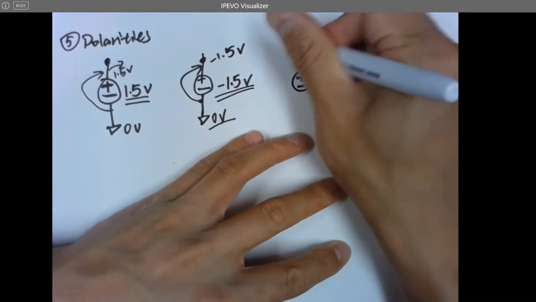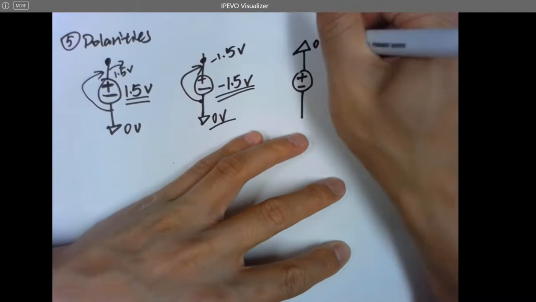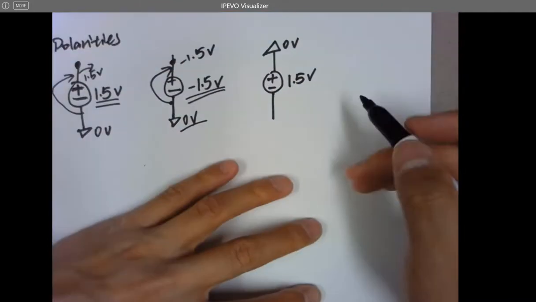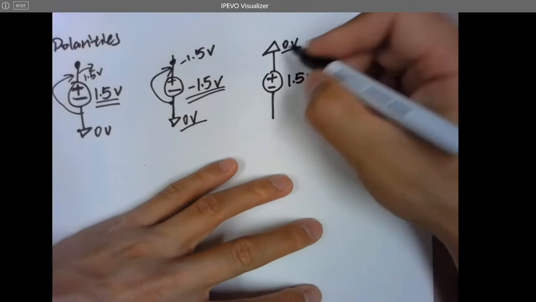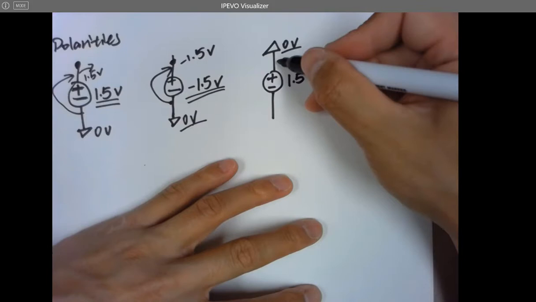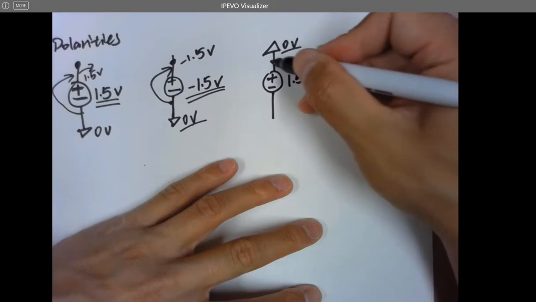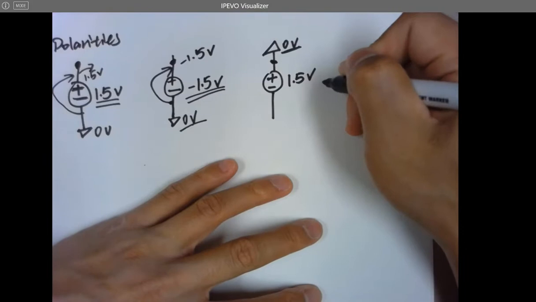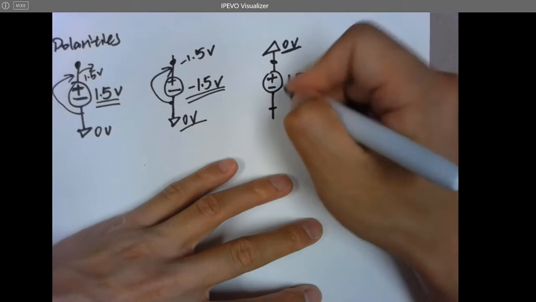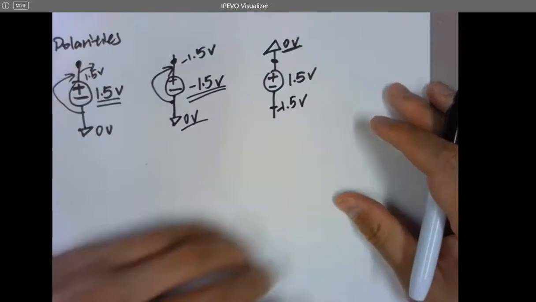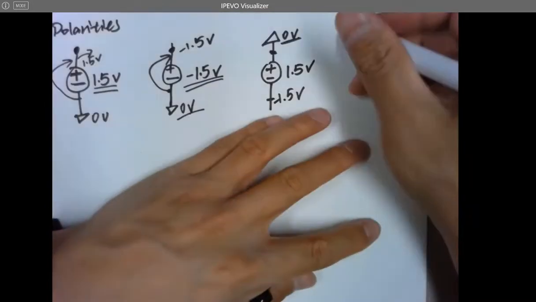If I ground here, that's 0 volts, and this is 1.5 volts. Okay, so this is ground, this is 0 volts, and from plus to minus it is trying to decrease the voltage at this point. So what's the voltage at this point? 0 volts, right? So 0 volts minus 1.5 volts. So the voltage here should be minus 1.5 volts. And next,